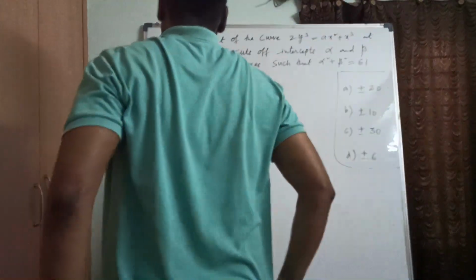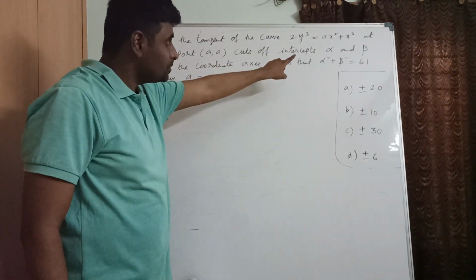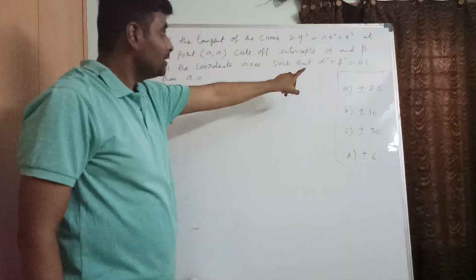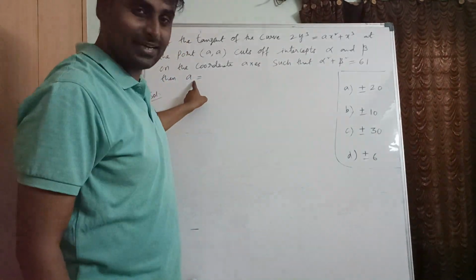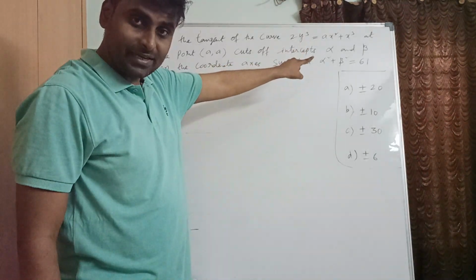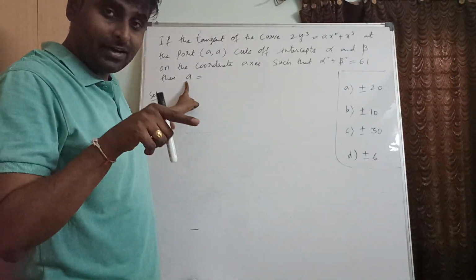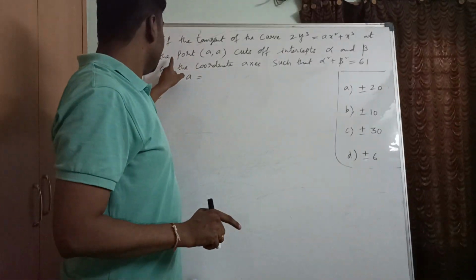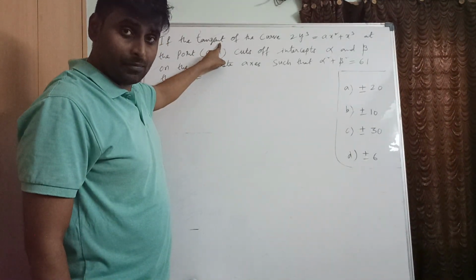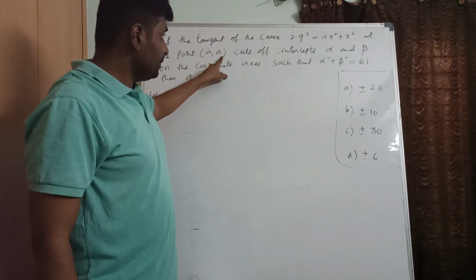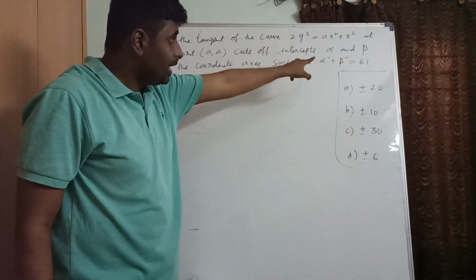Now we'll see this question. If the tangent to the curve 2y cube plus something equals ax square plus x cube. So here a is missing. The constant a we are finding in the end. The curve was not given completely, incomplete. So it contains one constant a that we are going to find out. That curve at the point a comma a, we are talking about tangent, not normal. Point a comma a is given, right? So that line is going to cut intercepts alpha and beta.